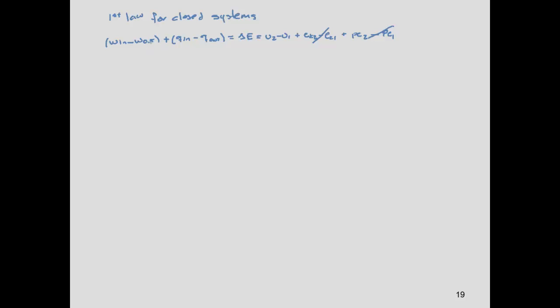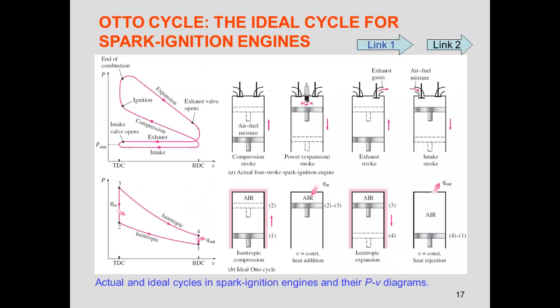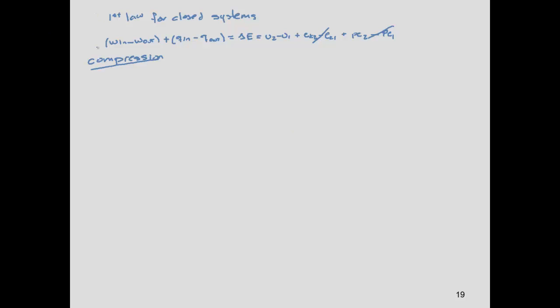So this will be our basic equation for the whole cycle. Let's start, for instance, with the compression. In the compression, we're going to move from the bottom dead center to the top dead center. Analyzing, we know that we have work in. We're not going to have work out. Since it's adiabatic, we have Q in and Q out neglected. So we're going to have work in